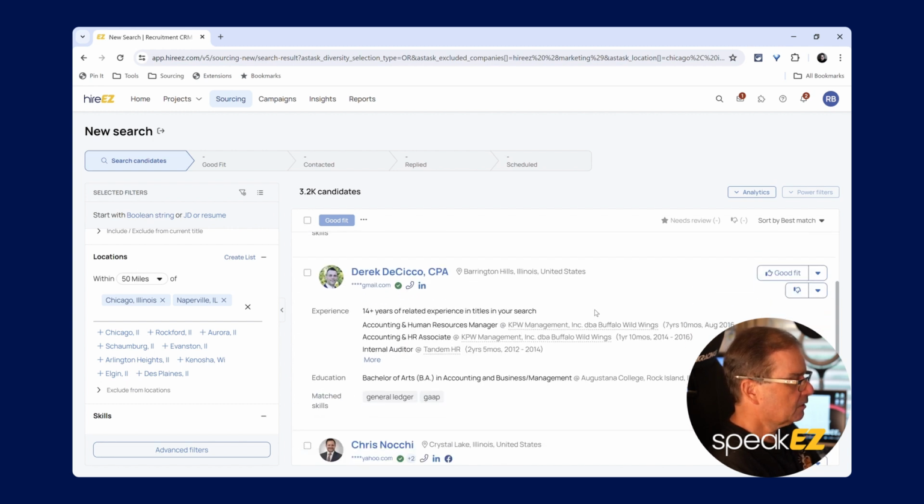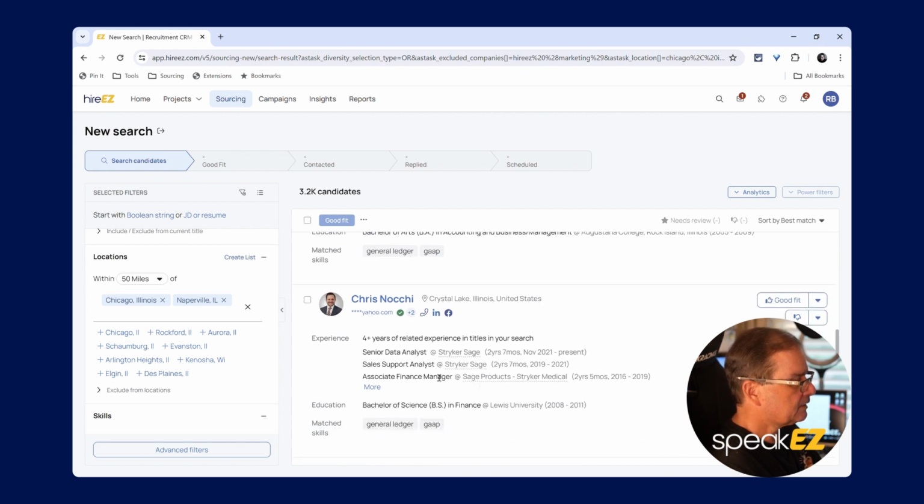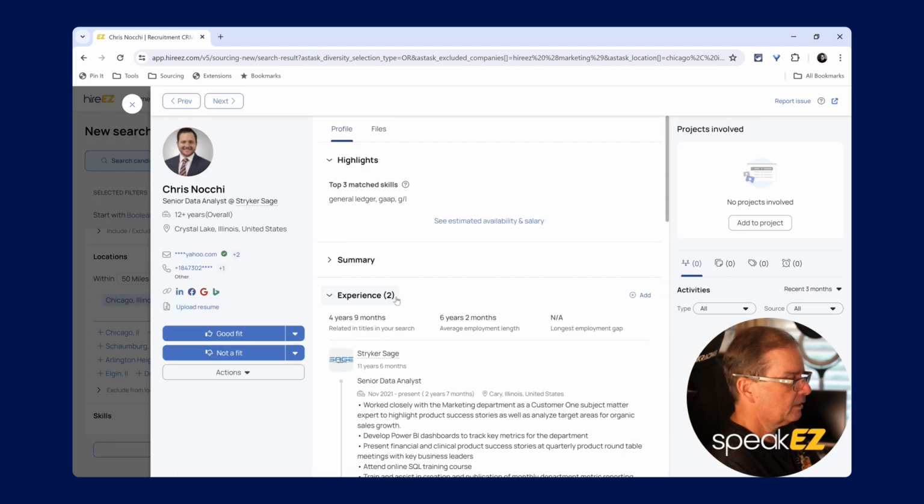And as I'm scrolling, from a research standpoint, so let's just say I like Chris, right? Chris looks pretty cool. So I can do Chris, and I can click on it. And as it quickly pulls up, there's lots of things you can do from here. If you wanted to find the contact information, you could click here, and depending on your organization, your credits, you could reveal that information. On your right-hand side, you could add it to a project, and then when you go